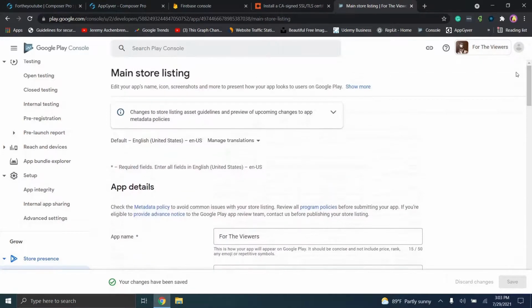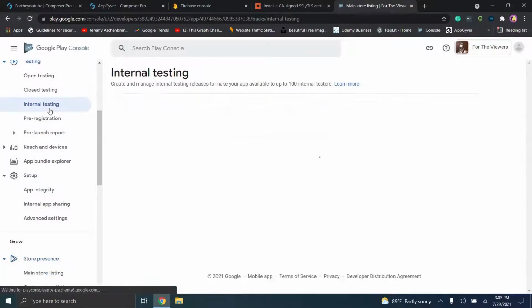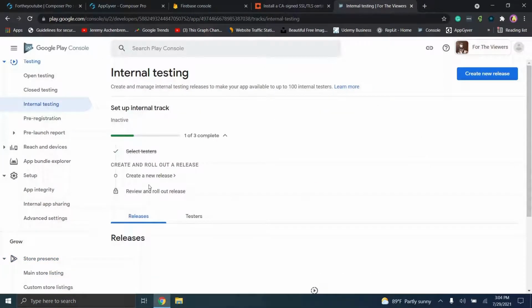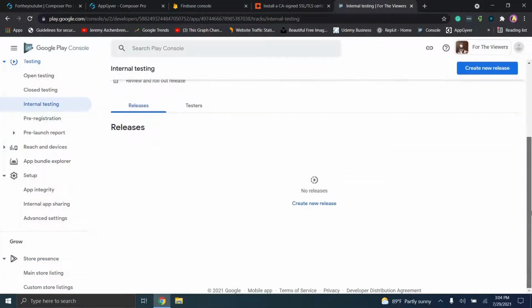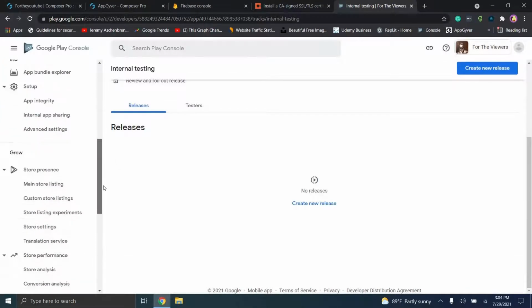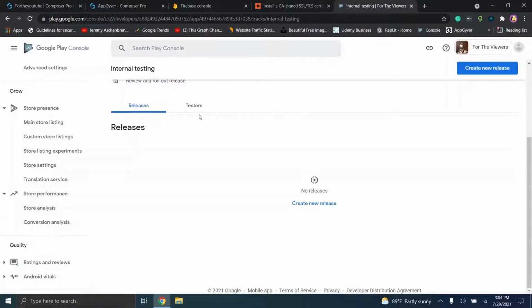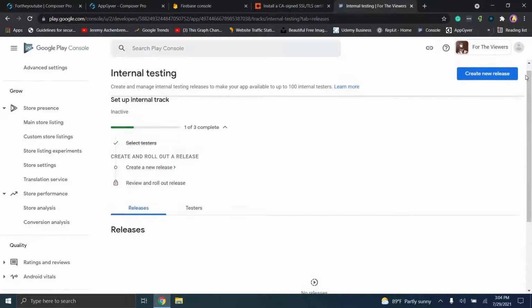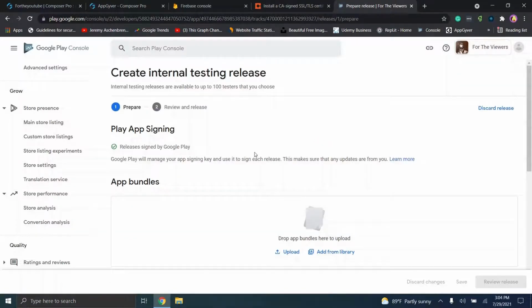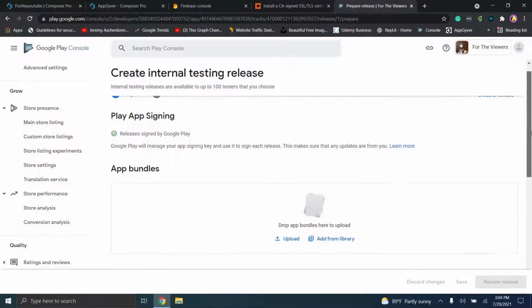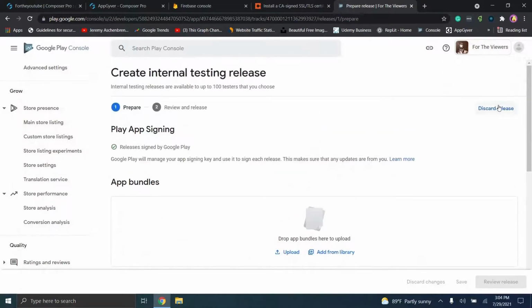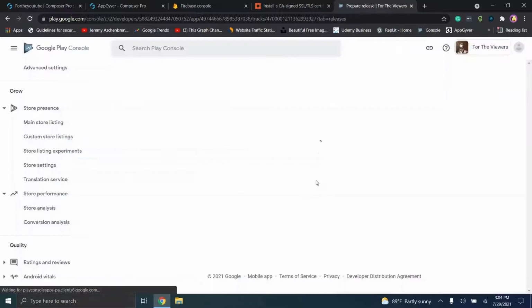So what we are going to do from here is go back to the internal testing tab and double check. We need to see if there's anything else that we need to add on this end. And here's the unfortunate side to how things are set up with Google Play. So you'll see that we had a previous release. Even if you go to discard the release and click yes,